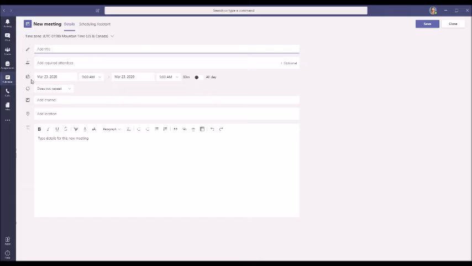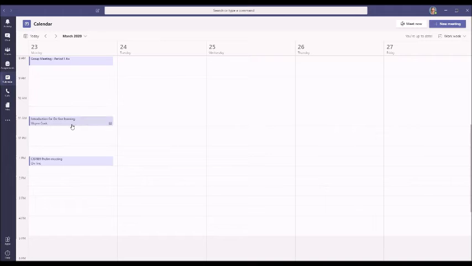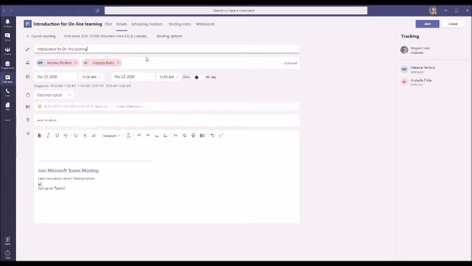Going back to calendar, the one I am going to show you is the introduction, because this one is tied to the video meeting. On here, I've already tied it, and if I wanted to, this is where I click and tie it to an individual channel so that they know which channel it is. And then I will have the full list of students going across here. Going back to the channel,